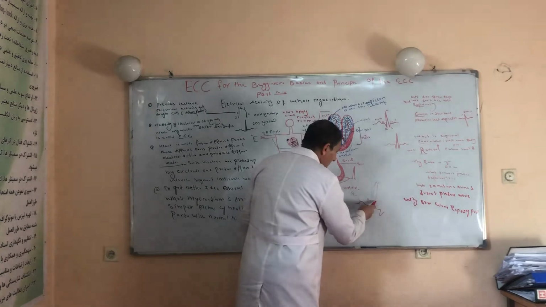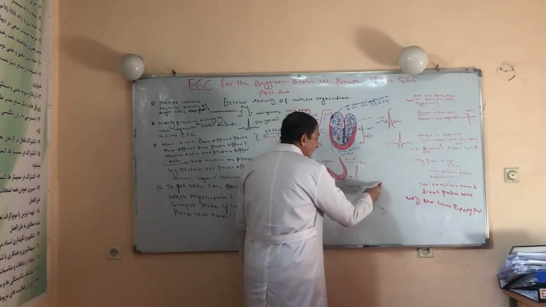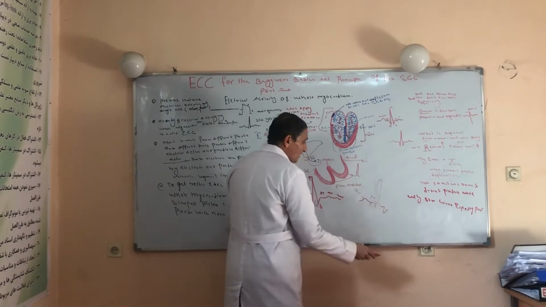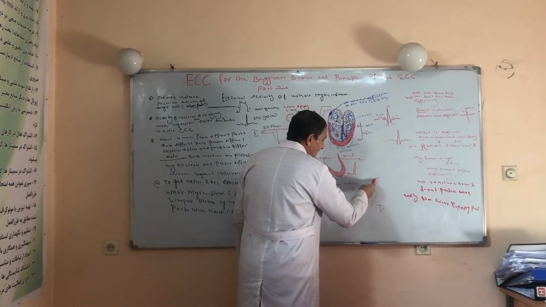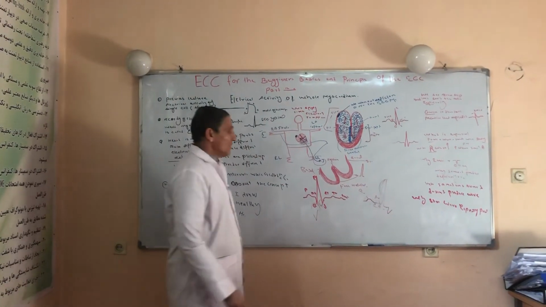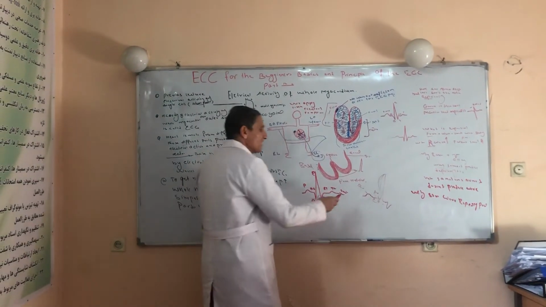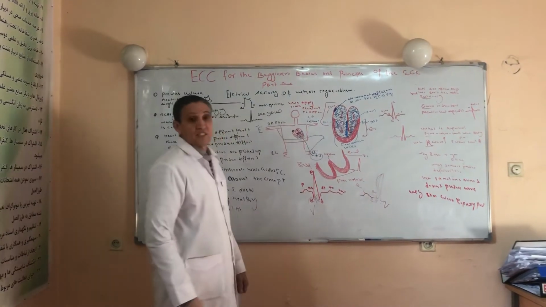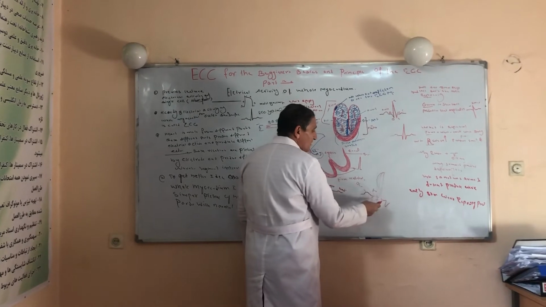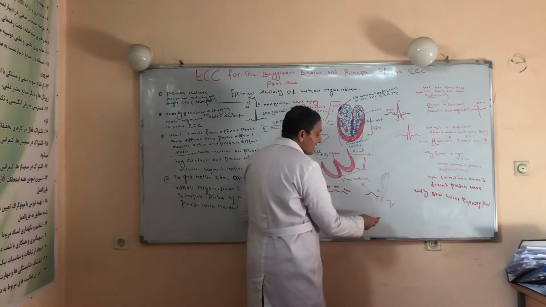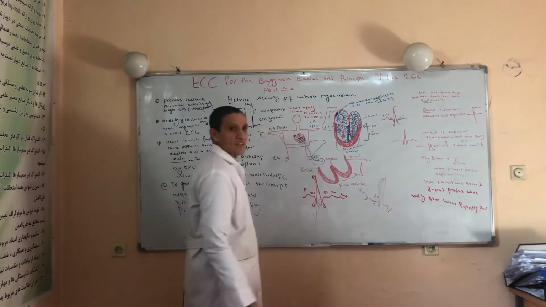During this period, when the QRS complex is produced, the wave of depolarization spreads through the ventricle in this condition. The ventricle is completely depolarized. When the left ventricle, or any part of the ventricle, is completely depolarized, it does not accept a second stimulation. So there is no stimulation during this period, the ventricle completes its depolarization, the needle does not move, and by this mechanism the ST segment is produced.